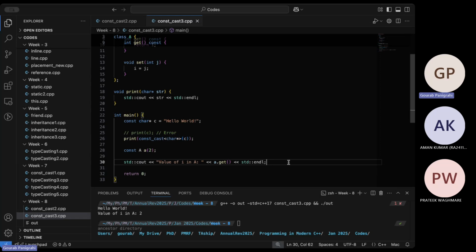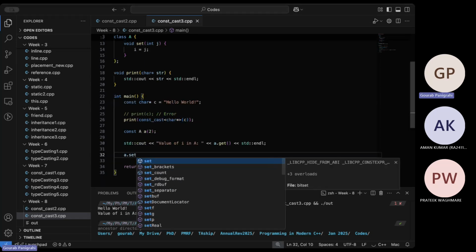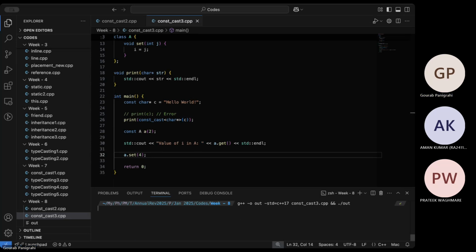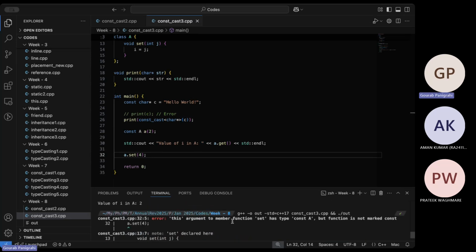All good so far. Next, what we try to do is use the set function, as in the setter function. We'll set it to be 4. Okay. Then what has happened? This was an error. Reason is what we have defined A as in the small a, to be a const object, as in,